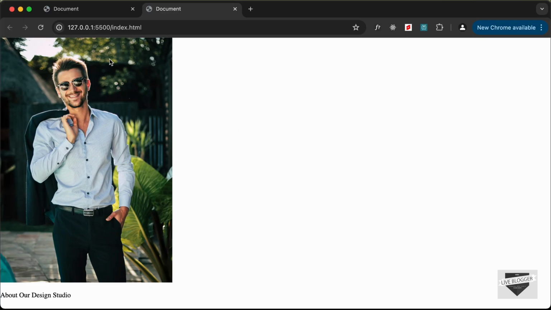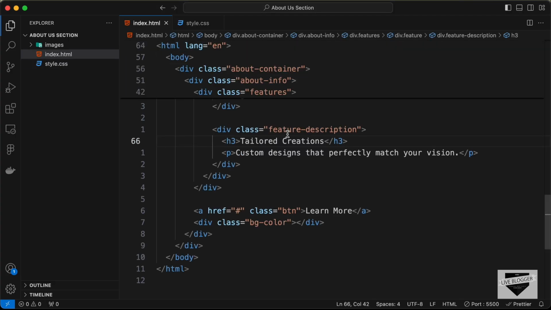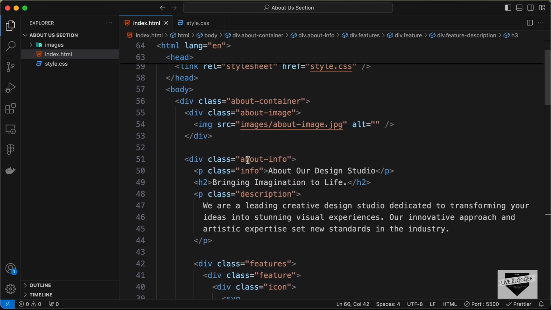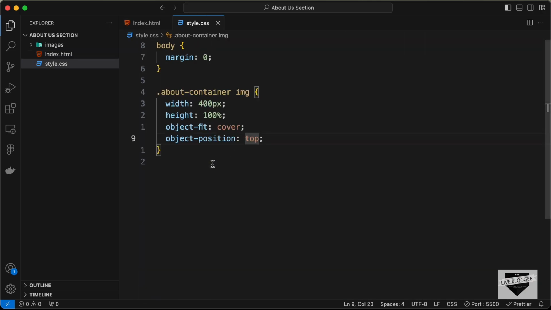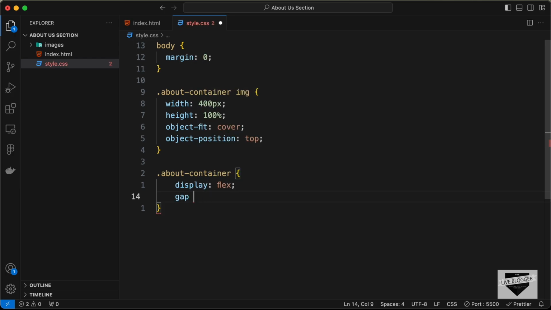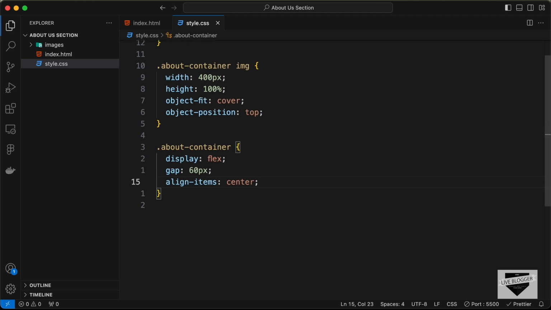Now let's go ahead and target the container division, and let's place these two elements, which are the about image and the about info, one next to the other. So let's type about container, and let's type display of flex, and let's add a gap of 60 pixels between the elements, and let's type align items to the center to bring it to the center vertically, and let's add a max width of 1200